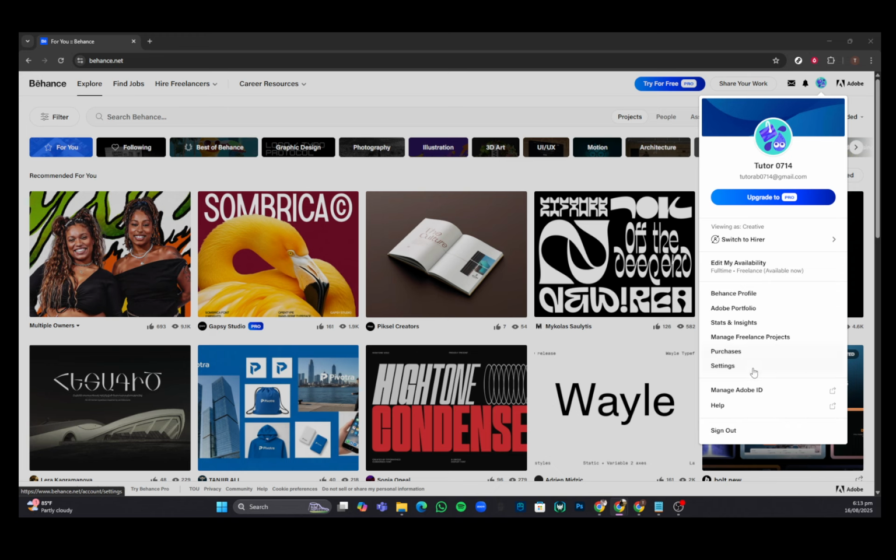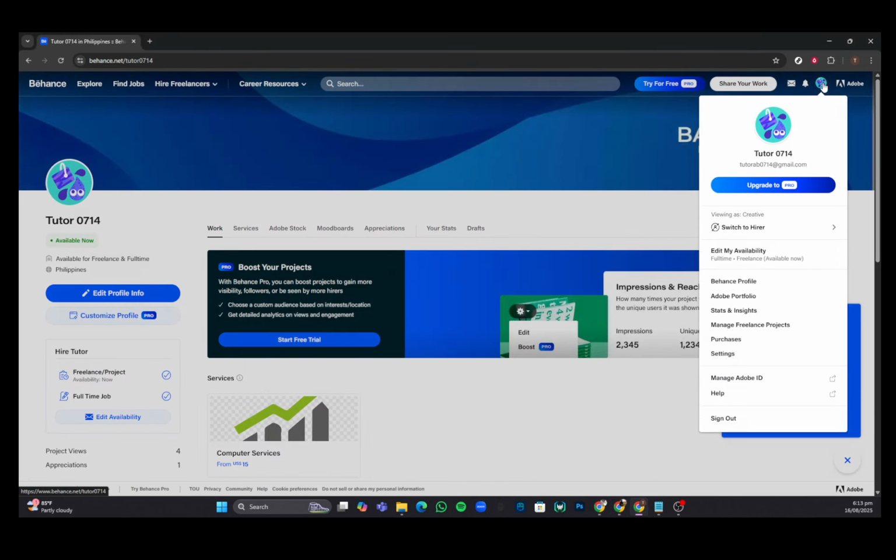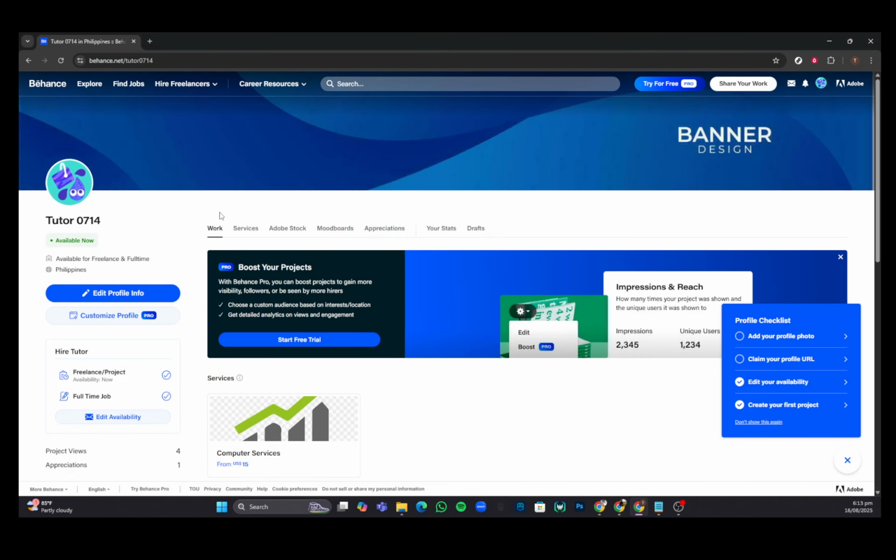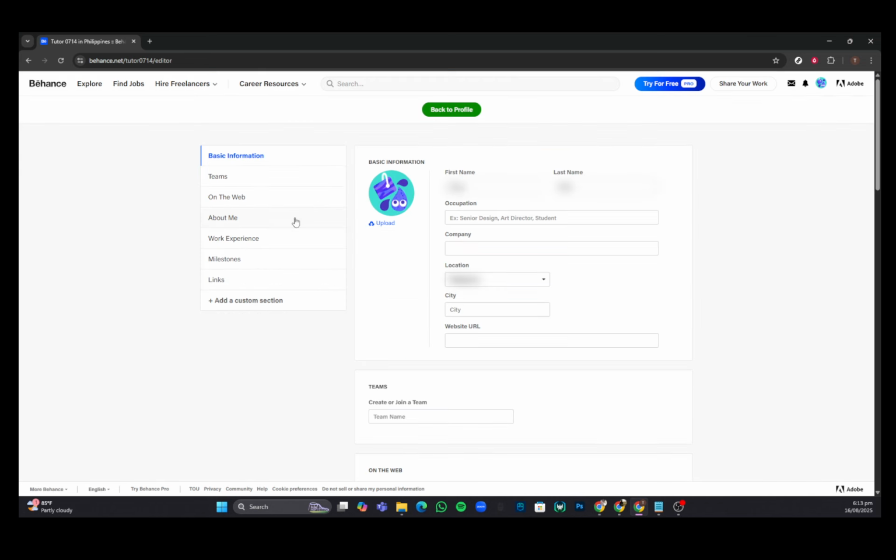A drop-down menu will appear, providing a few different options related to your account settings. Select the option that says Edit Profile Info. Clicking this will lead you to a new page where you can adjust the various aspects of your profile. Now that you've got the profile editing screen open, let's move on to the next step, which is to edit